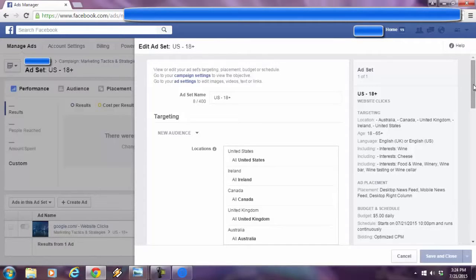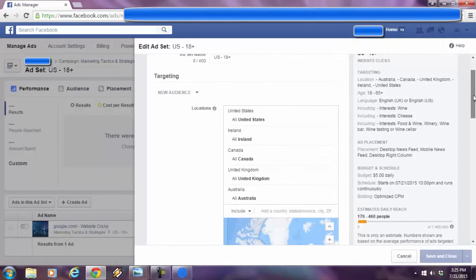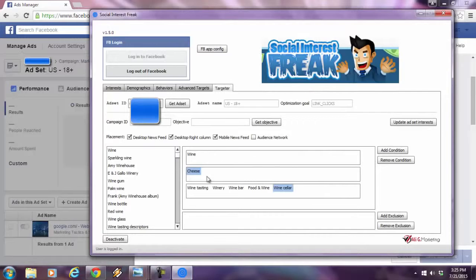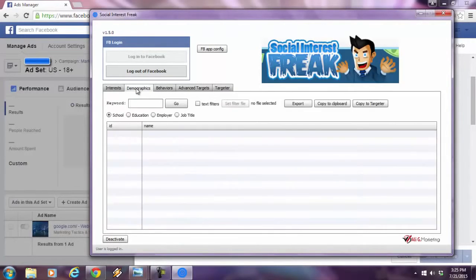Or I wanted to do a Teespring campaign, a t-shirt online campaign where everybody got this really customized t-shirt that explained what they like, which is wine and cheese, right? So this is highly, highly effective. Now, this is all the drag and drops I've done over here, but I didn't even get into the other tabs.